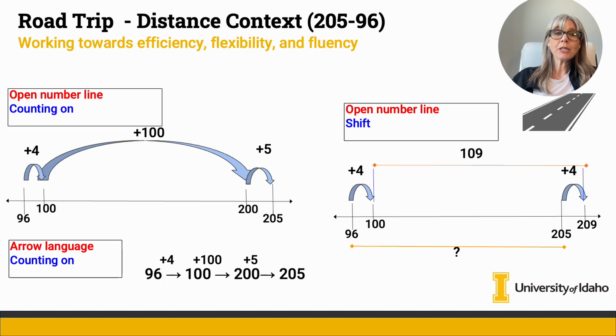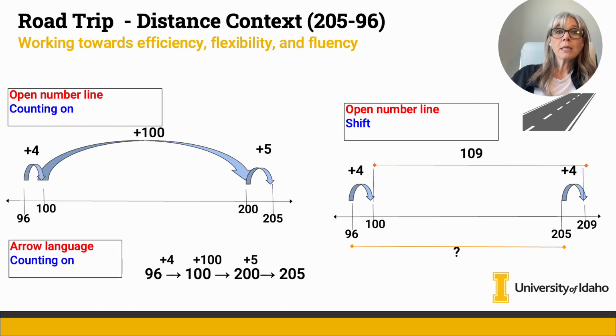This idea that subtraction can mean distance ends up being a key idea in algebra and geometry. It's how we count back change, or should be counting back change. In the bottom model, we've used arrows to represent the jumps on a number line. This is called arrow language and can be a convenient shorthand. This is a good example where the strategy is the same, but we're using 2 different models to represent the